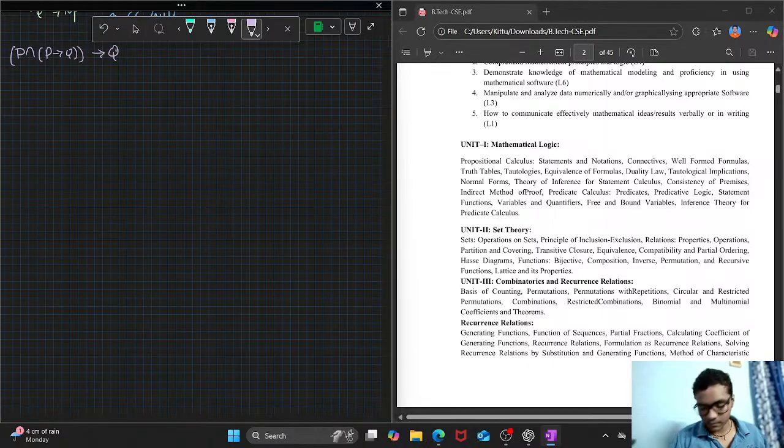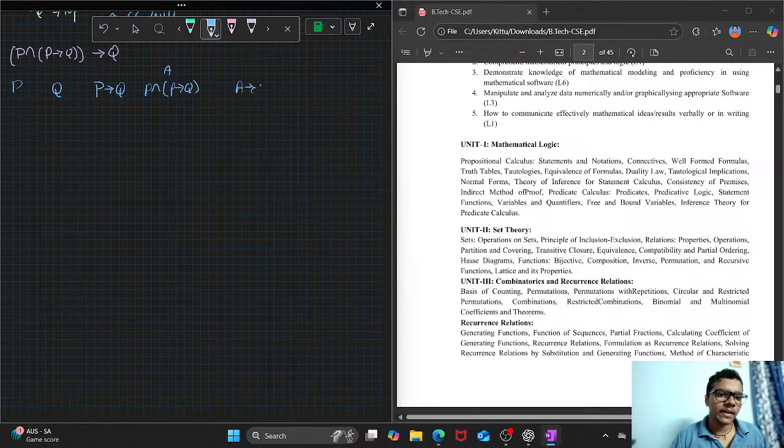implies Q. Alright, we can actually do this by the truth table method because there are only two variables present here. So we will take P and then we will take Q and we will follow the brackets. Right, we will solve the innermost bracket first. So we will first do the P implies Q and then we will do the P and (P implies Q). And let's call this A and then we will do A implies Q because I cannot write the whole thing